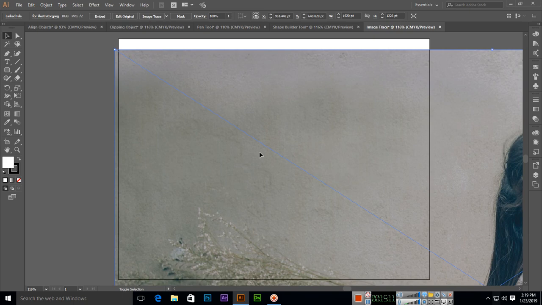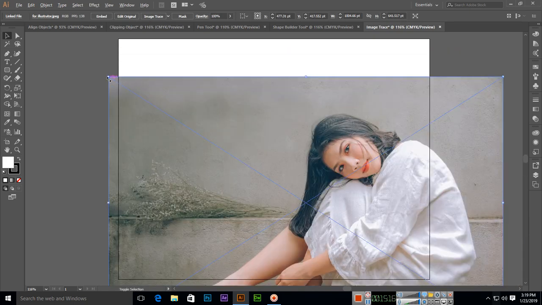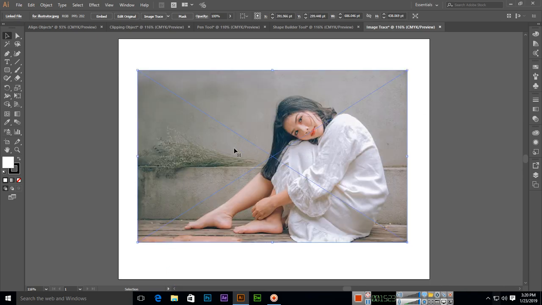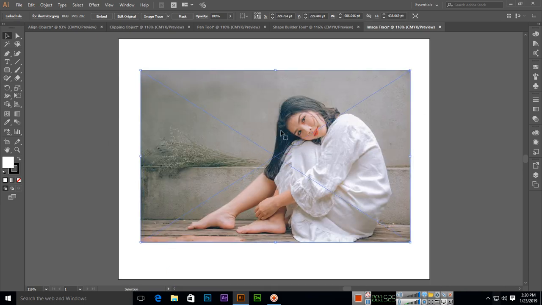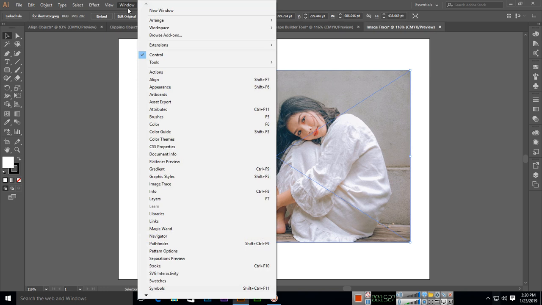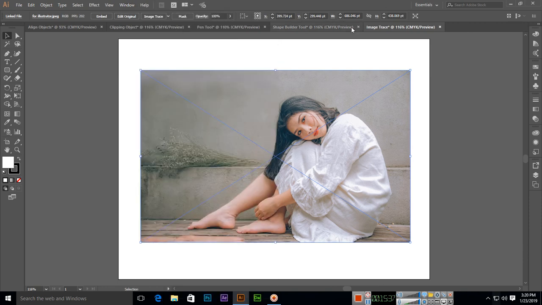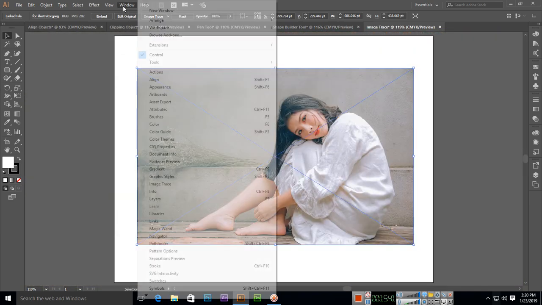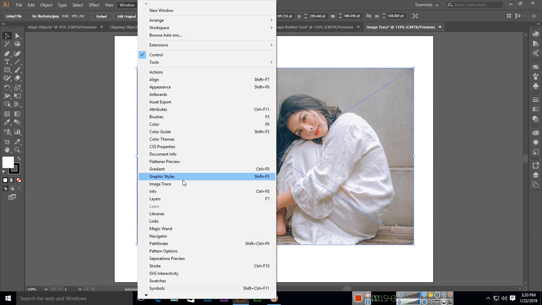So now we will change proportionally the size of the image by pressing and holding Alt plus Shift, and then move this from here to there. For image trace, you can click on Window and then click Image Trace. Image trace we can use to convert any image into a vector. Now you can see these are pixels. So if I click on Window and Image Trace,